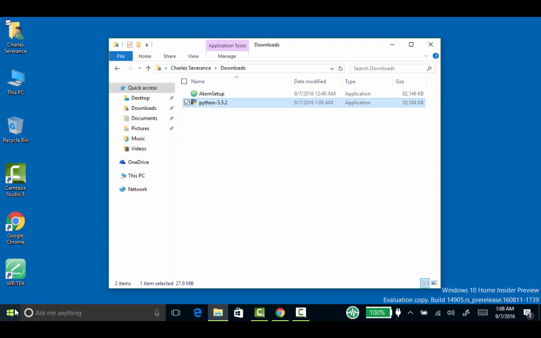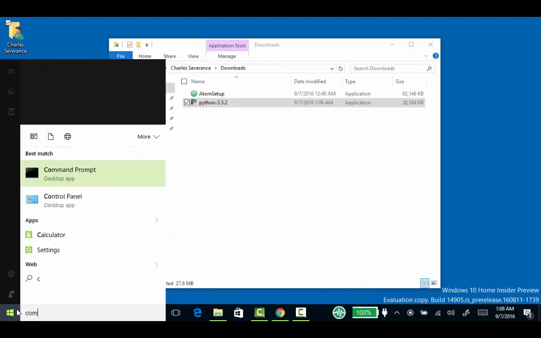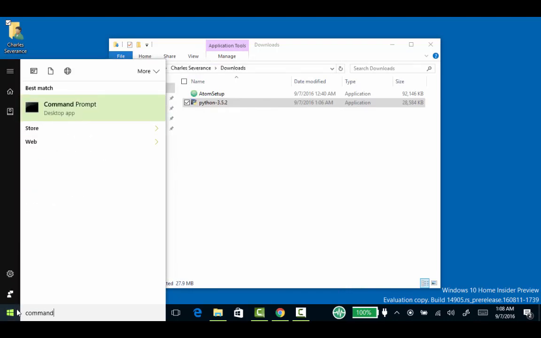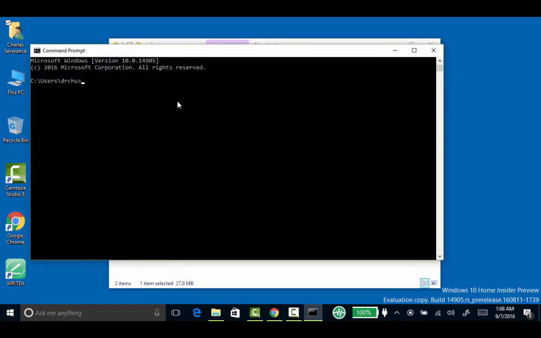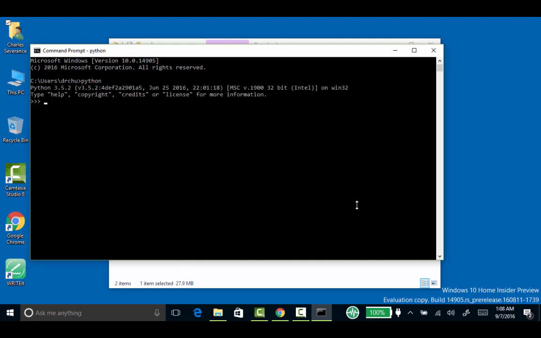Now, you may have all kinds of fancy ways to run Python, but I like running the command line, because after a while, it's important to know what folder things are being run in. And so here's this command line, and I should be able to type Python here. And so now I'm in Python 3, and this chevron prompt here is the Python interpreter, where it's asking for Python commands, and I can say print